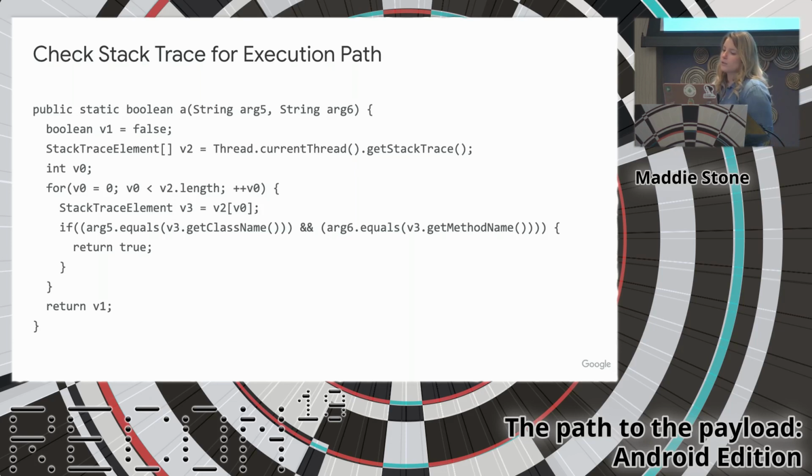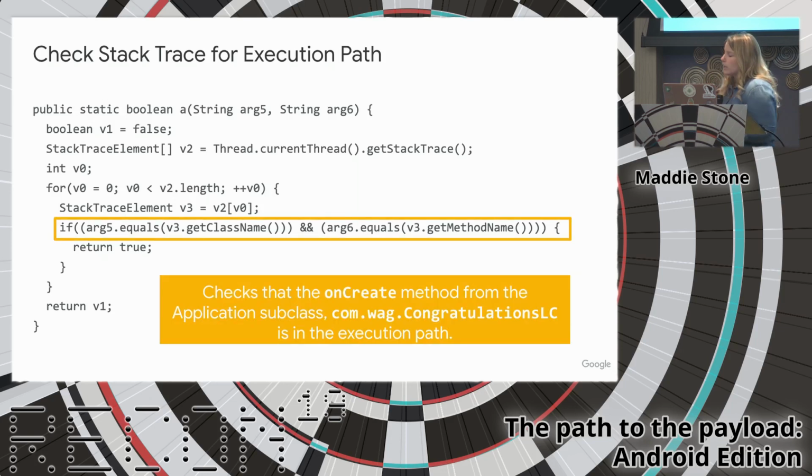So what they do to verify the execution path is they get the stack trace for their current thread that they're running on. And then they go through each returned stack trace element in order to see what is the class name and what is the method name of that stack trace element. And they verify that somewhere within the stack trace is the onCreate method within